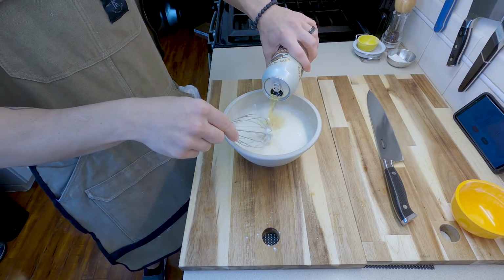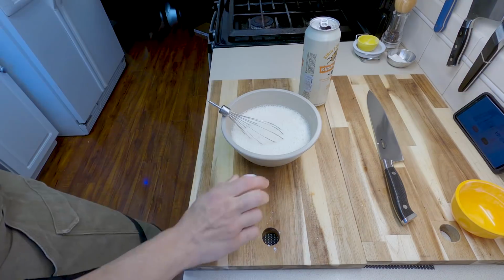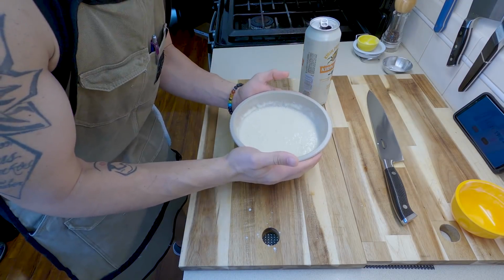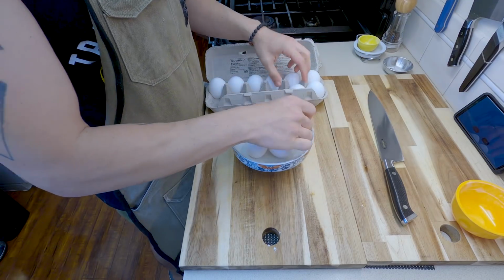Make sure you do whisk this together with the whisk, and then go ahead and add in 1 whole egg, which is optional, but I think it's really nice for this. Make sure that egg is fully incorporated, then take this and throw it into the fridge until we're ready to deep fry. The next thing I like to do is actually take out my eggs so they sit at